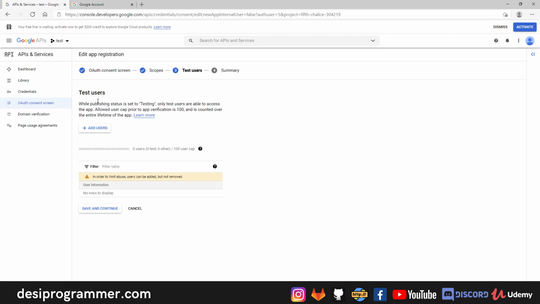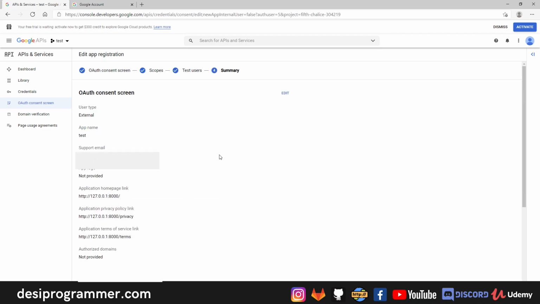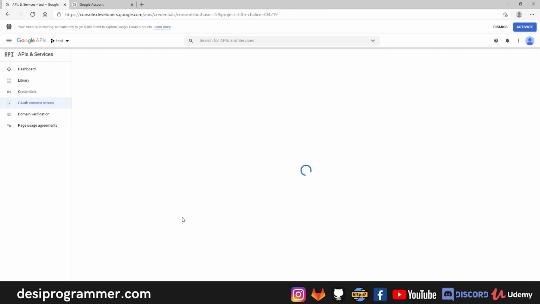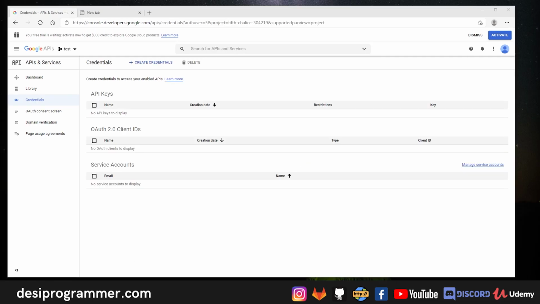Okay, now here as you can see, you have test users. If you want, you can add test users too. I don't want to, I'm good to go. Then in the summary, I have my entire data about my app's consent screen. Having done that, I'll simply click on back to dashboard. Once we're back to dashboard, we can go to this credentials tab, and here I'll simply click on create credentials,